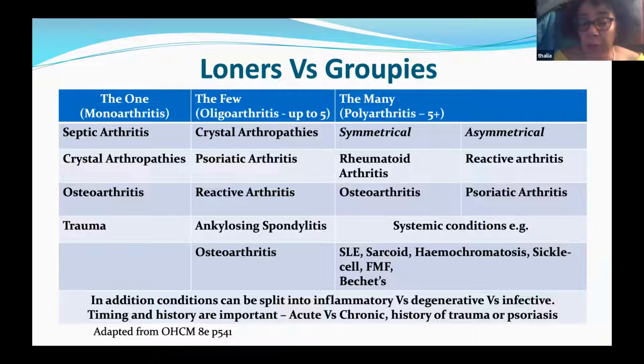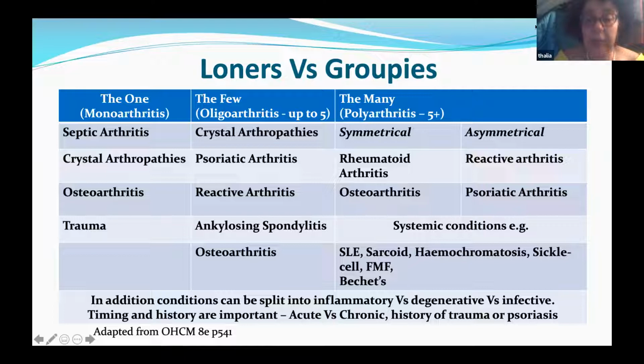After a trauma, people develop osteoarthritis after around 10 years or more. The oligoarthritis group has crystal arthropathy, psoriatic reactive arthritis, ankylosing spondylitis, and osteoarthritis. Then in the polyarthritis group, he has divided symmetrical and asymmetrical, with symmetrical having rheumatoid, osteoarthritis